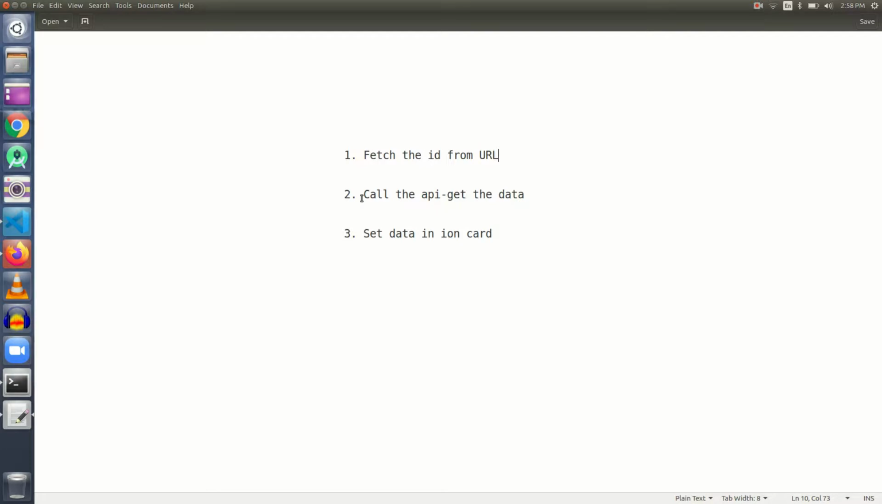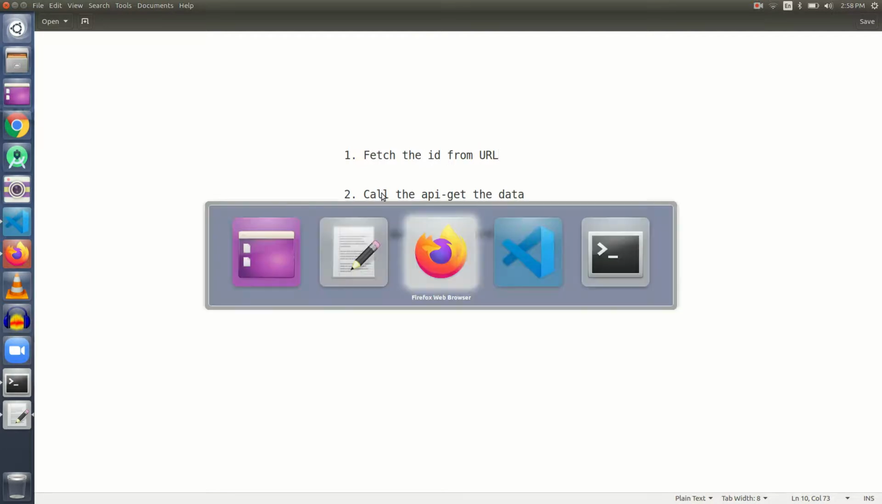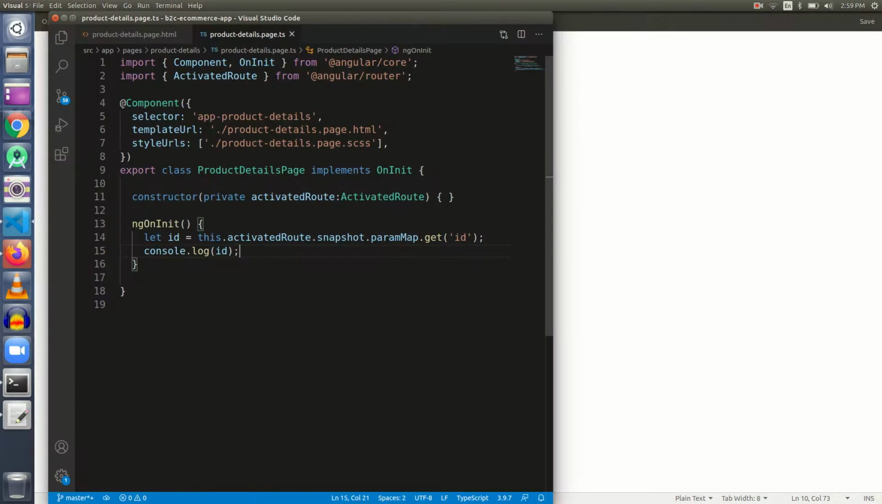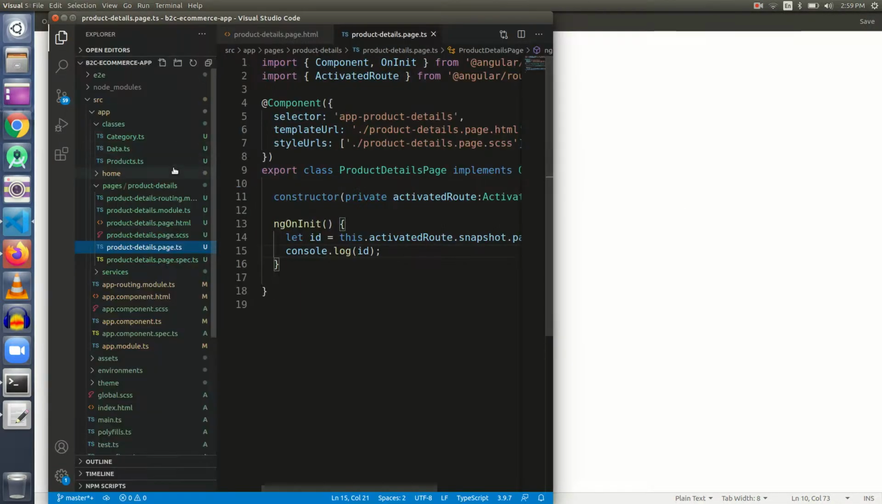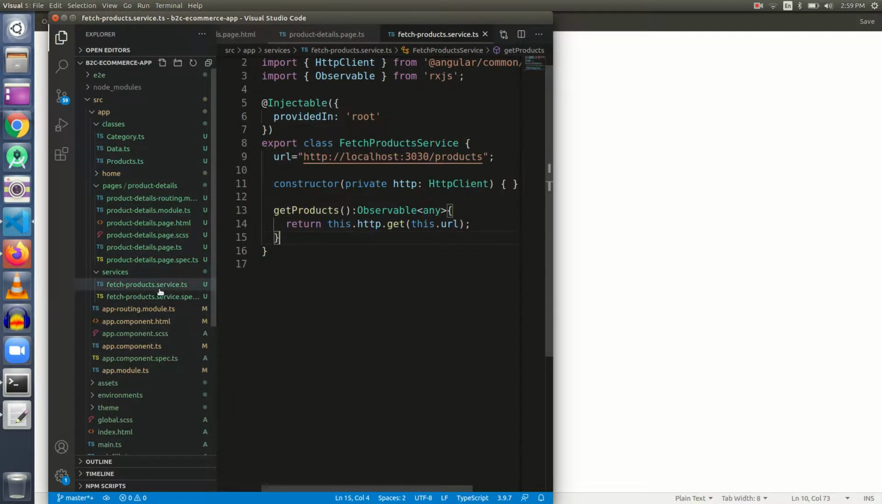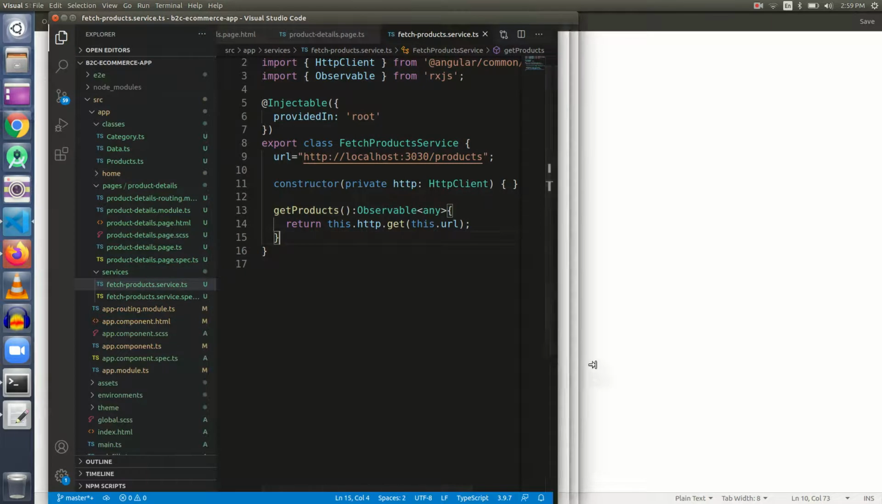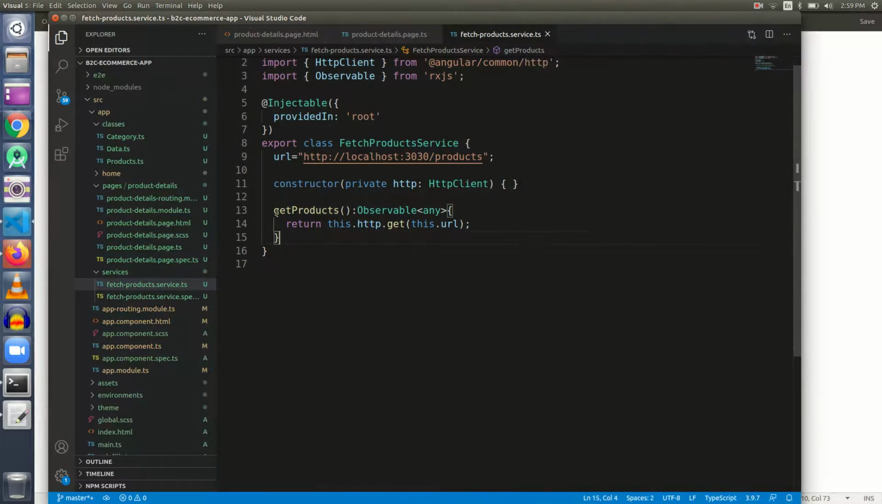Now the second step says that we have to call the API and get the data. Let's do it. And in order to call the API, we need to do some work in our services. So this is the service file, fetch-product.service.ts. Let me just maximize it, and as you remember, we made a method getProducts. We have to do it again. We have to make another method getProductDetails, and to get the details of a product, we need to have an ID,